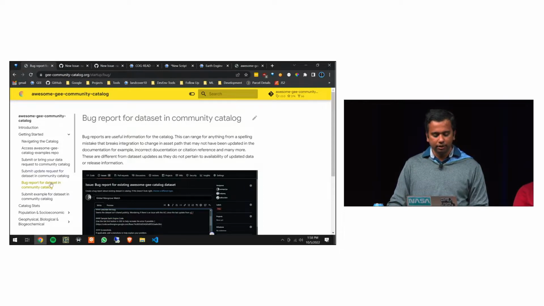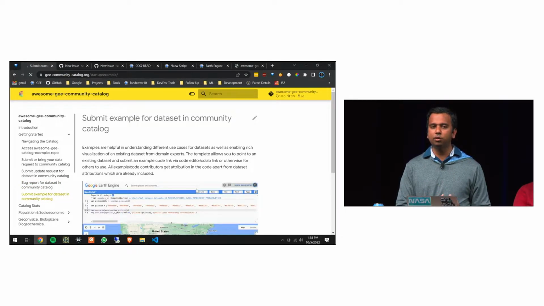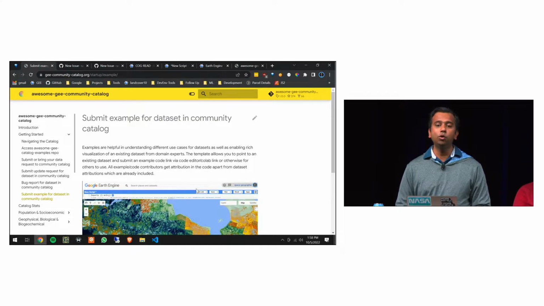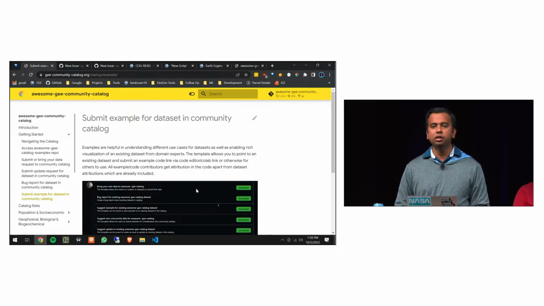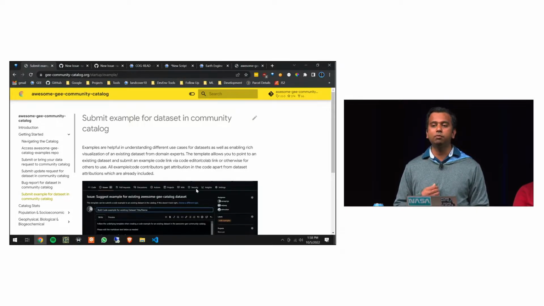And last but not least, this is something new that we wanted to introduce, which is the idea that the communities are the people who are working with specific data sets. If you have specific examples of using this data set in Google Earth Engine that you think is going to really add an impactful flavor to that data set description page, please submit an example. We will attribute that example to you, and we will make that example available for everyone else in the world to use. So with that in mind, I'm going to switch gears a little bit